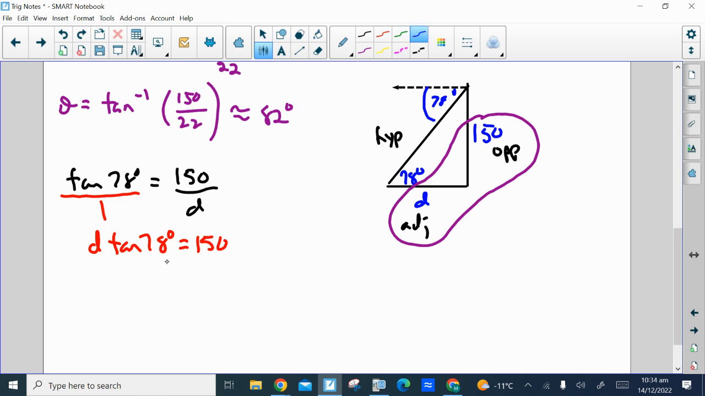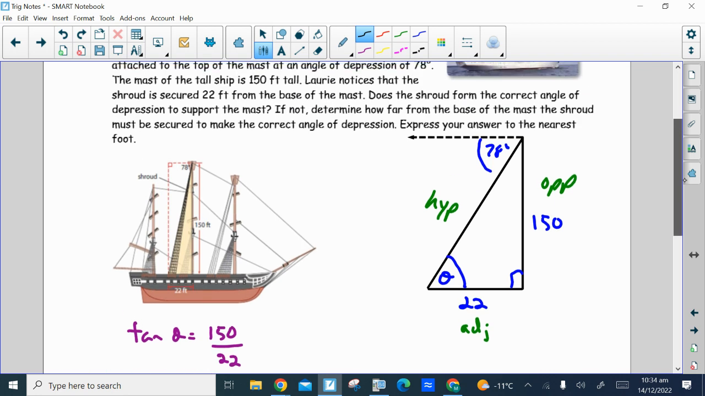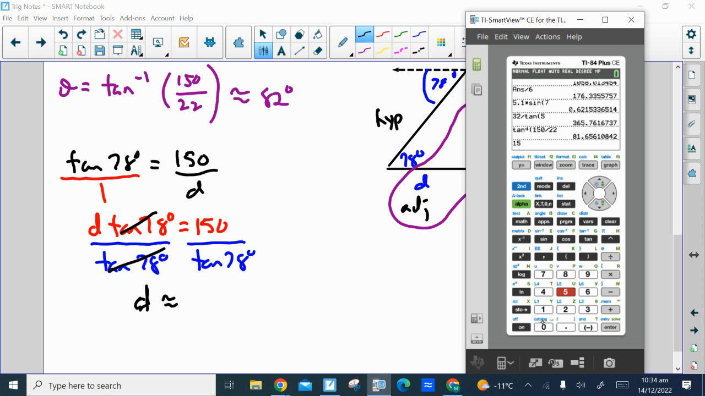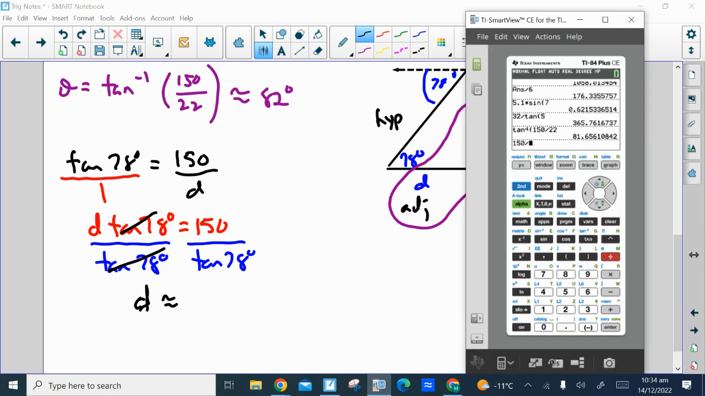And like we've seen before, when you don't have the variable by itself, we have to do one other extra step. In this case, that would be dividing both sides by tan of 78 in order to get the d by itself. So we're going to find d, and we're going to round it to the nearest foot. So 150 divided by tan of 78. So approximately 32 feet